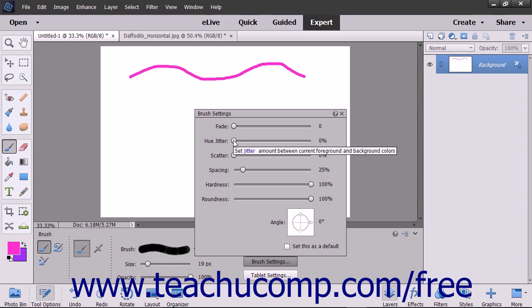The Hue Jitter dynamic varies the stroke between its foreground and background colors. The lower you set this value, the less frequent the variation. Higher values cause more frequent switches between the two colors. The Scatter dynamic scatters the brush marks within a stroke. The higher you set this value, the higher the number of brush marks and the farther apart the marks appear